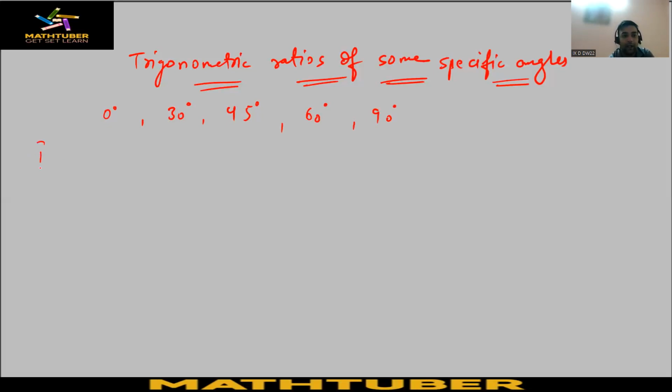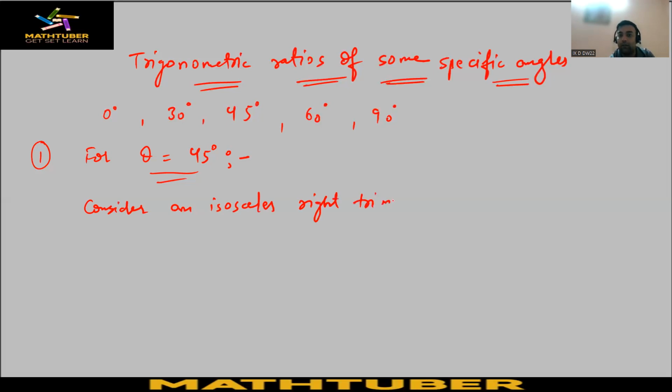So let us first start with theta equal to 45 degree. If the angle is 45 degree, then in a right angle triangle, an angle can become 45 degree if and only if it is an isosceles triangle also. So we have to consider an isosceles right triangle ABC